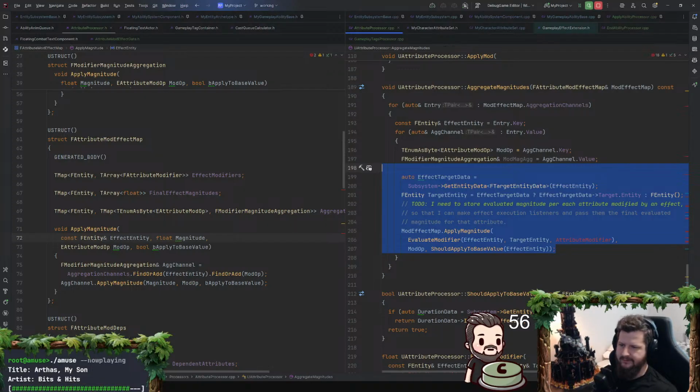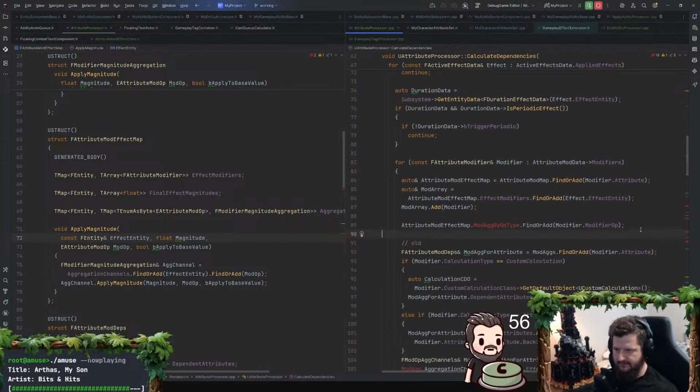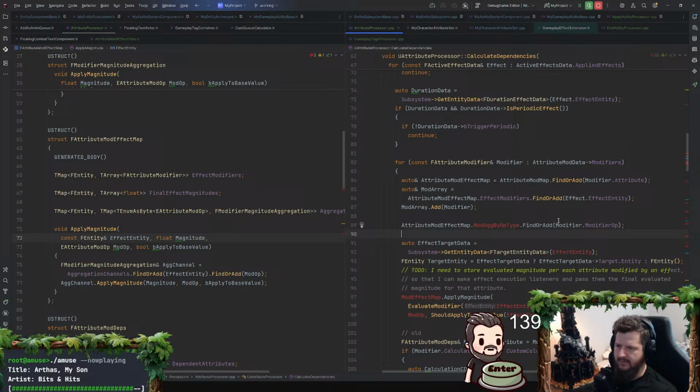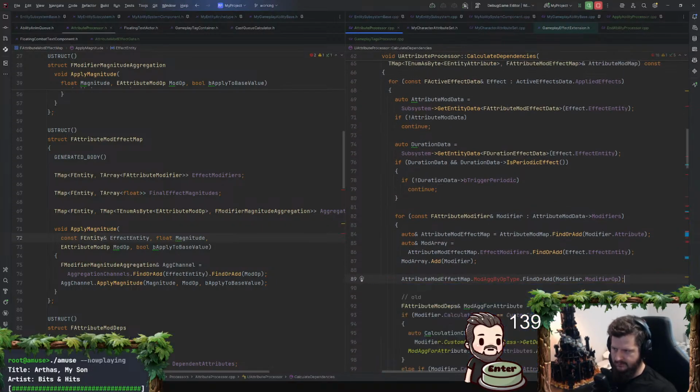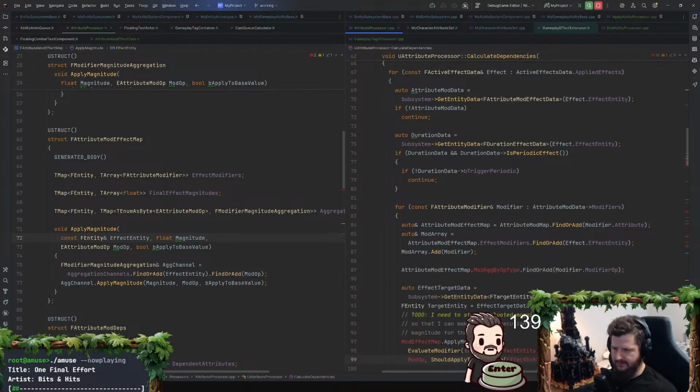Let me grab this code and just see how this fits. Mod ag, of course, I messed that part up. Mod effect map. So we're going through the modifiers. The attribute modifier. Yeah, so I would need to pass that in. That's this.